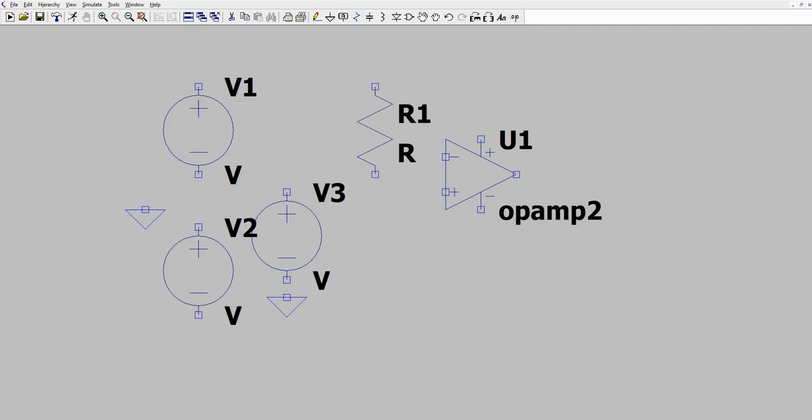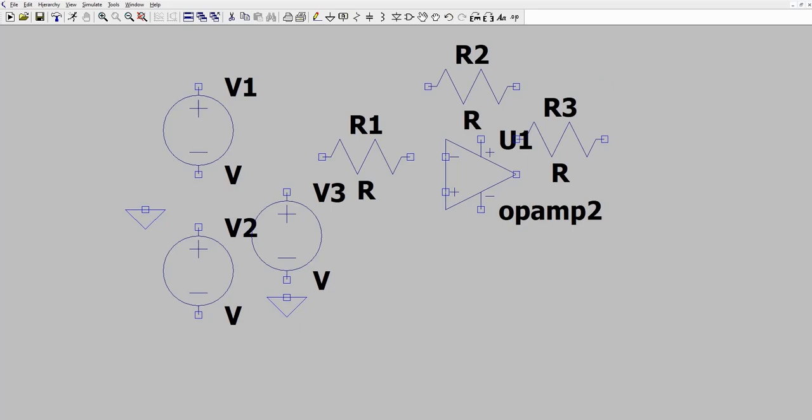So if you want to rotate this, just press Ctrl R. So you need R1, R2, and R3 for the load. Okay. Then let us move this ground a little further. Then let us connect the given circuit.